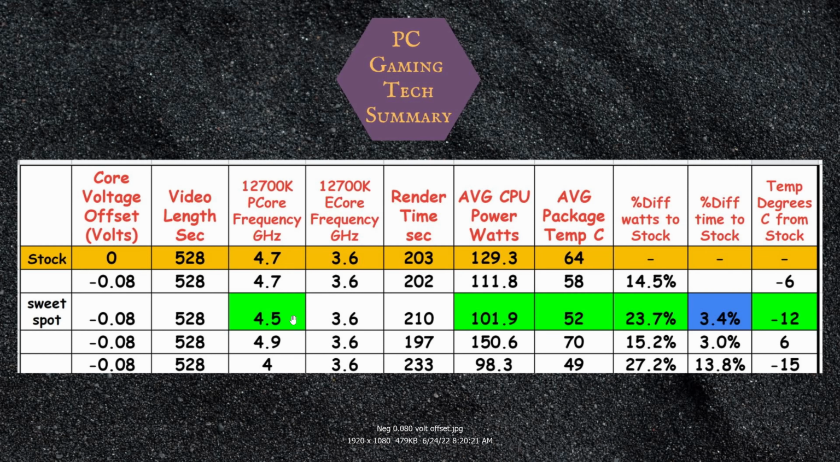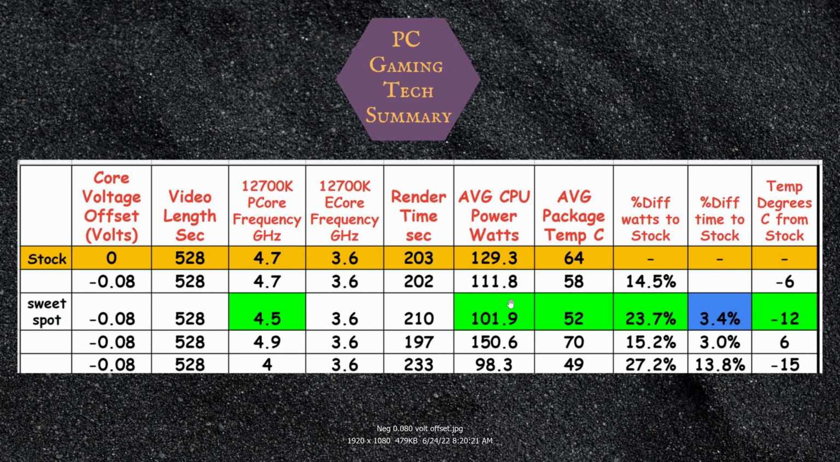I found a sweet spot, which is 4.5 gigahertz in the performance cores, the P cores. So these are large cores with 2 threads each. The efficient cores, the E cores, are small, like laptop type cores, with only 1 thread each. So the CPU has 12 cores and 20 threads. All right, so at this sweet spot, 4.5 gigahertz,